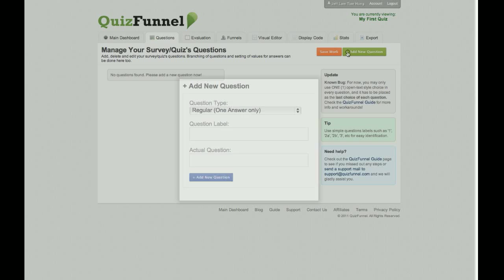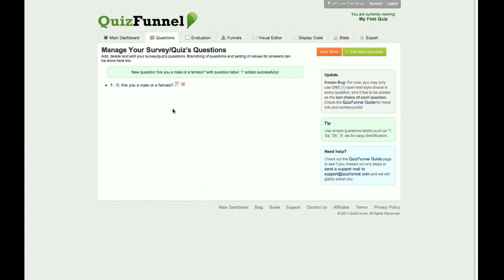Click on the Add New Questions button at the top right. I will leave my questions as a regular type question. As you can see, there are two types of question. For my question label, I will put 1 to indicate that it is the first question. My actual question will simply be, are you a male or a female? Click on the Add New Question blue button, and you can see the page refreshes with your new question being